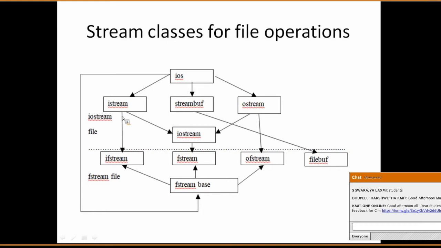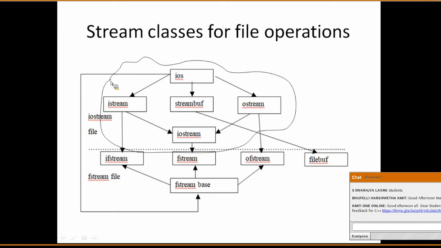Now you can observe the same ios, istream, iostream, file, ifstream. See this upper part, whatever I have in the upper part, the complete thing I have here, will be included under iostream.